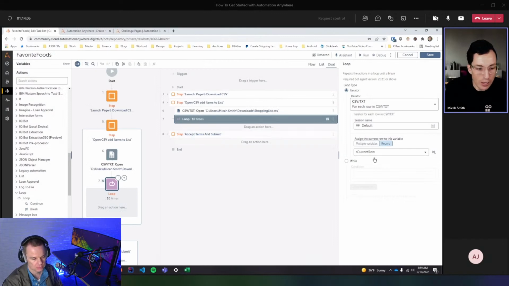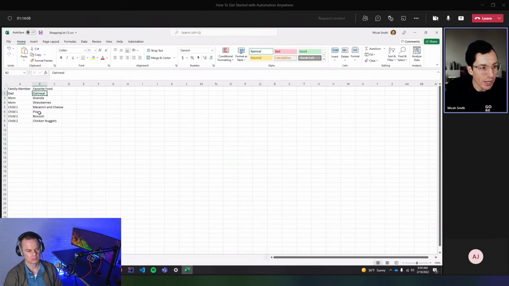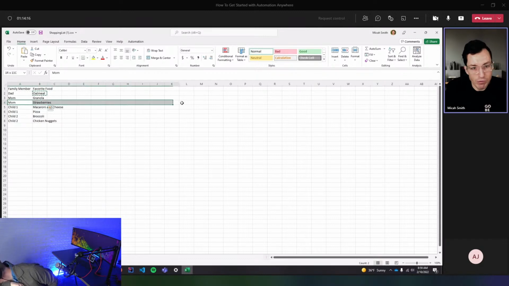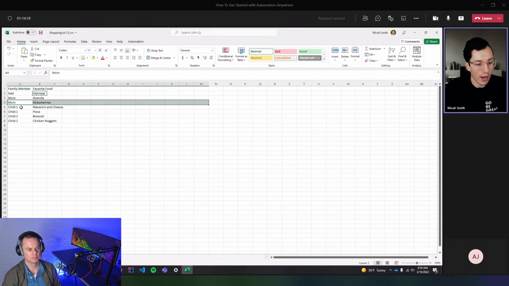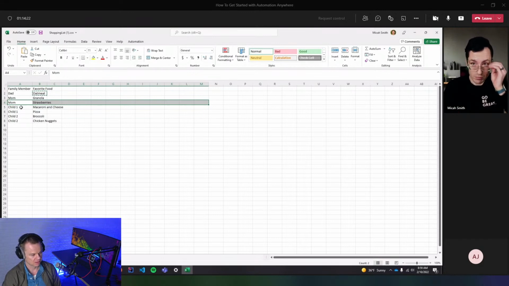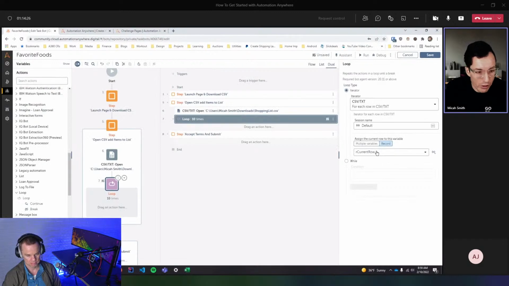A record essentially represents a row of data. So this would be a single record. This would be my second record. This would be my third record. If I had 50 columns or 2 columns, either one of those would represent a record. Cool. So I've got a record, which is my current row. Now that I've got that data,